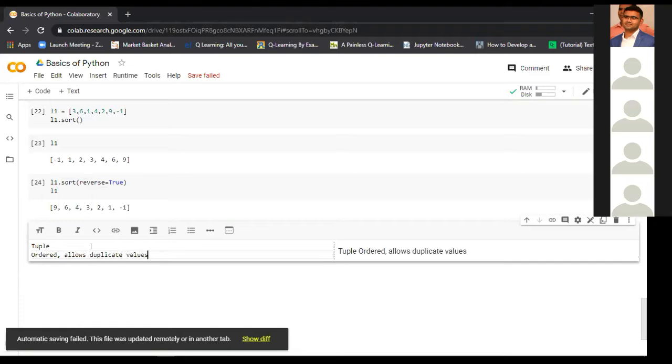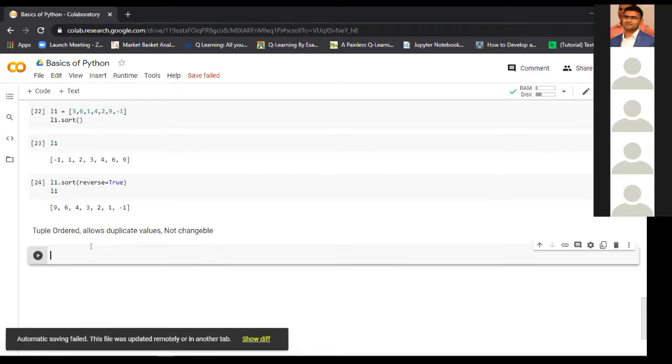These are the same as the list, but the one difference is that we cannot change the values after declaring it. So like the string, these tuples are immutable. After declaring a tuple, you cannot add or delete a particular item from the tuple.